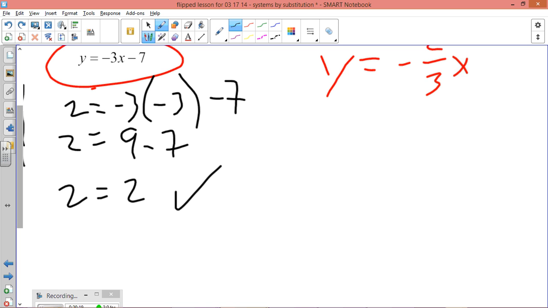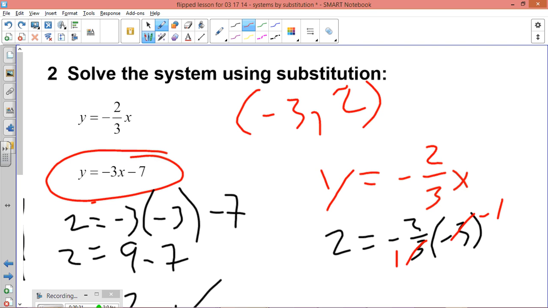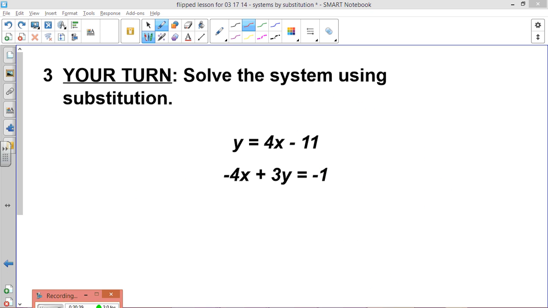On the next one, I have y, which is 2, equals negative 2/3 times negative 3. By this point, everybody should say, hey, those are going to reduce. That becomes a 1, that becomes a negative 1. So I have 2 equals negative 2 times negative 1, which is 2. I got it right. The people rejoice. I am done with this video. It is now your turn, as they